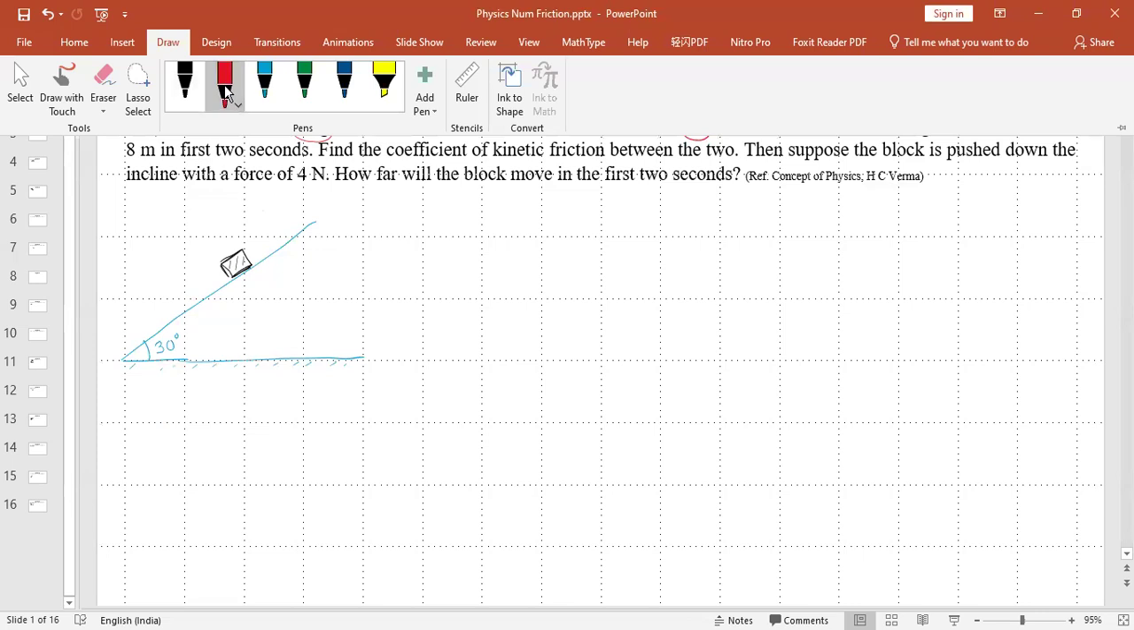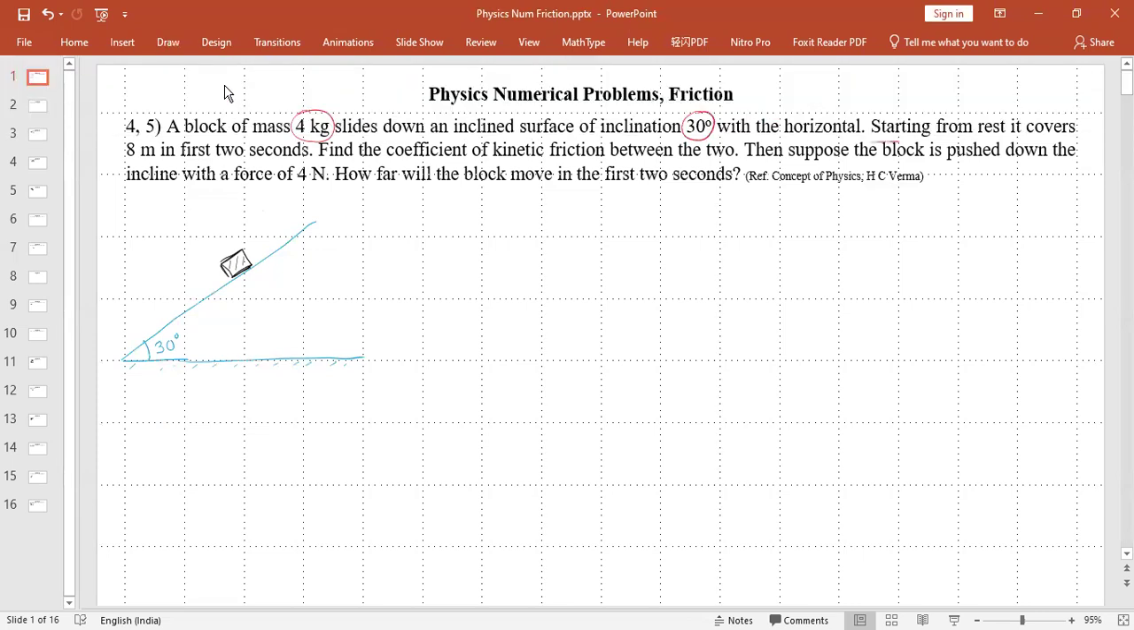Also says that starting from rest, it covers 8 meters in 2 seconds. So it says, but this body has an acceleration A, right? Now, they ask us to find the coefficient of kinetic friction. So